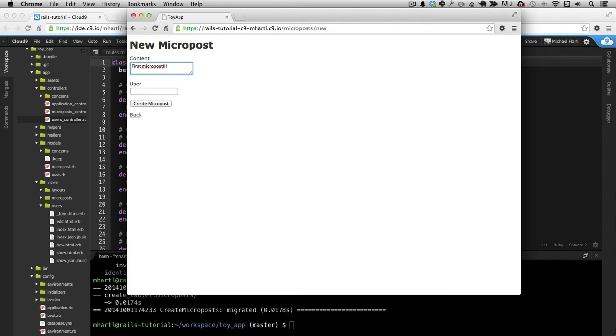Make first micropost, and we can put in a user and say that's user 1, create the micropost, go back to the index page. Yep, why isn't that working? That took longer than I expected. And we have the same set of URLs. We can edit it,